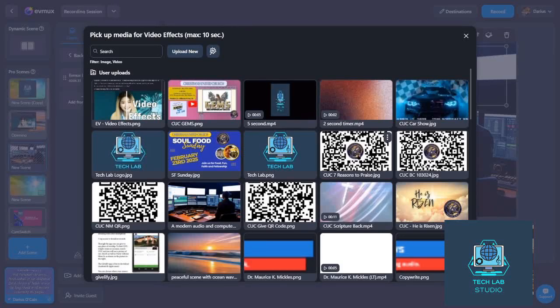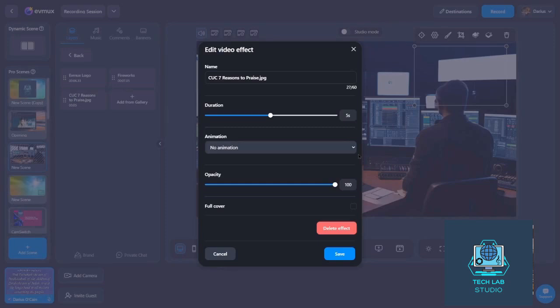This is a QR code that would direct the viewer to a document that we have stored for our Bible class. So as they're watching the Bible class, they can read along with the notes on their device and see exactly what's going on. So what I would do is add that element, and you can come in and customize